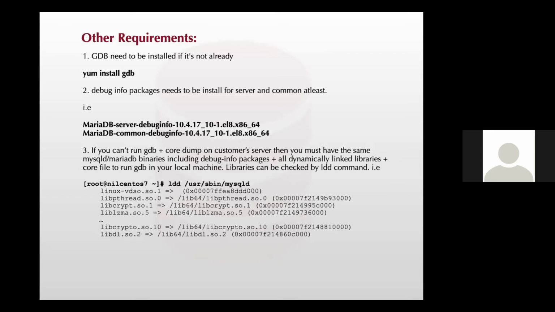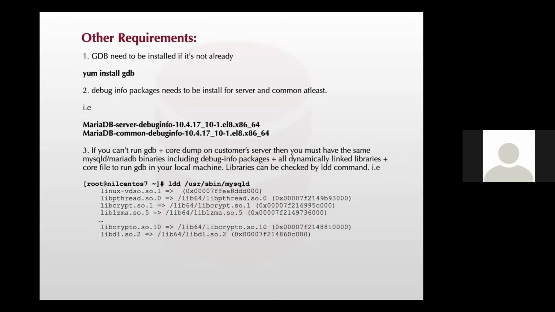In that situation, I have to ask for the core dump, and set up the same environment with the same binary and debug info packages on my local machine, and check that core file. So in this situation, I have to install GDB, and these two debug info packages are a must to get the symbol details.